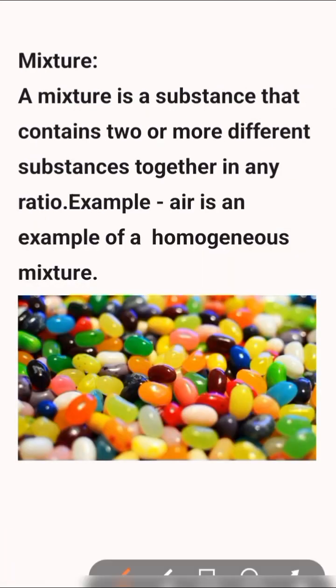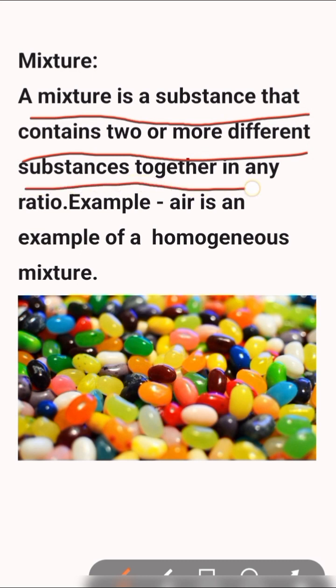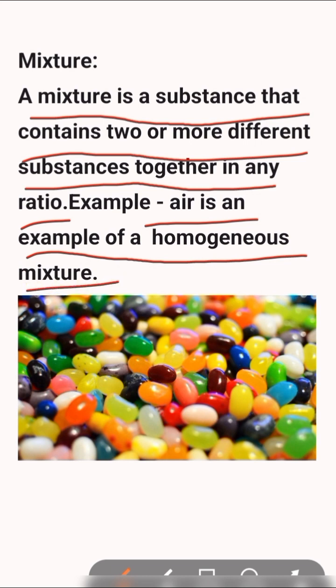Mixture. A mixture is a substance that contains two or more different substances together in any ratio. Example, air is an example of homogeneous mixture. That is two types of the mixture, that is homogeneous mixture and heterogeneous mixture. Now the example of the homogeneous mixture. Okay, that is the air is the homogeneous mixture. Okay,